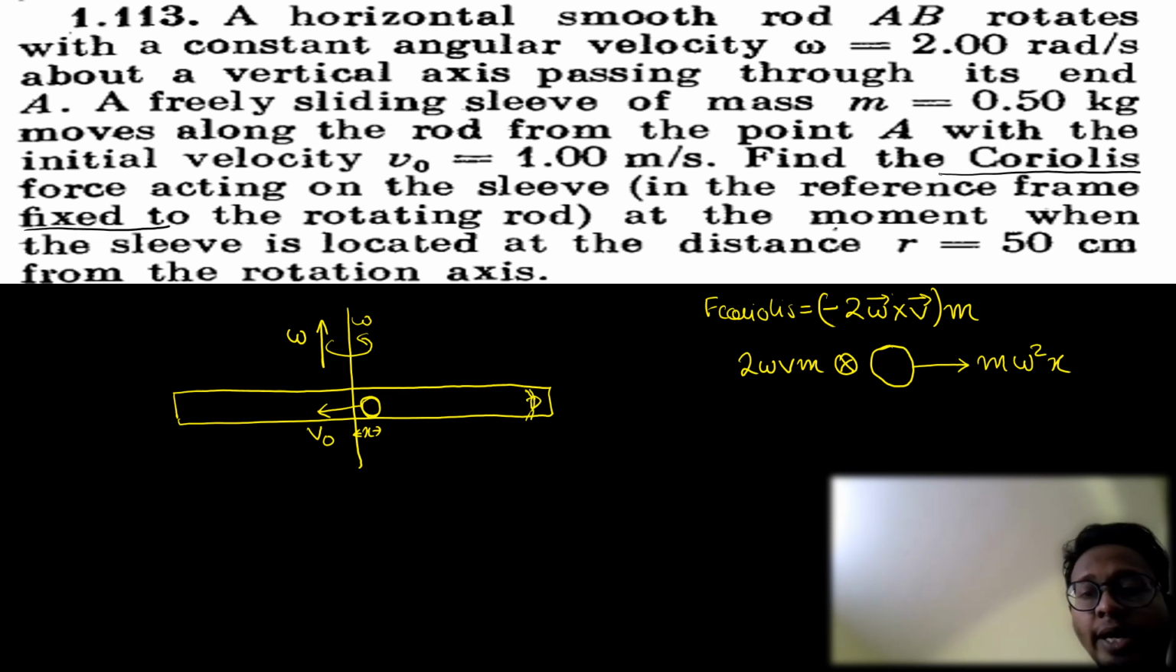Okay, when r is equal to 50 centimeter from the rotation axis, that means when this x is equal to 50 centimeter, find the Coriolis force. That means when this x is equal to 50 centimeter. So